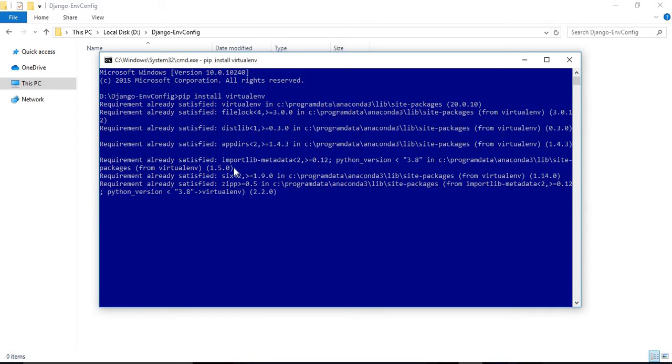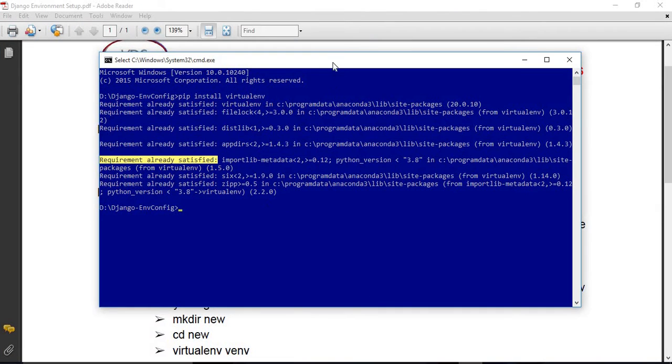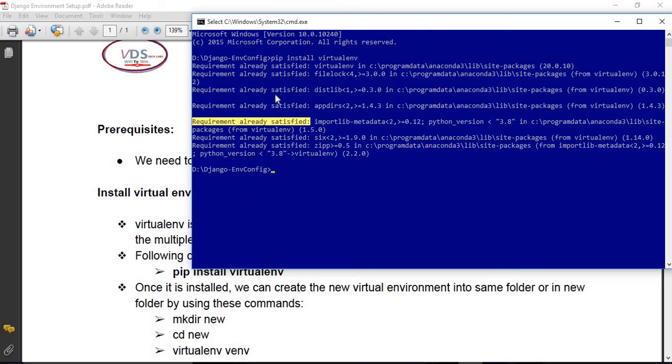See, the requirement is already satisfied because I have already installed it. This is my case; in your case you can install by using this command. It will take some time only.